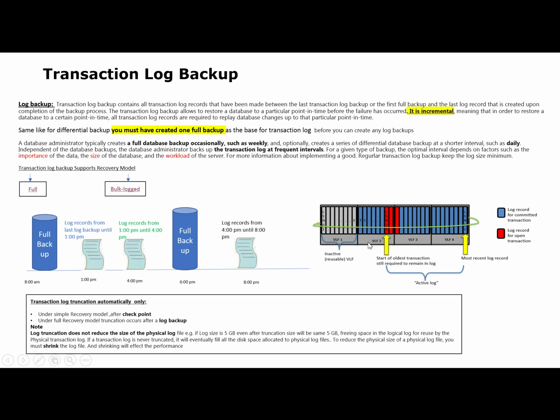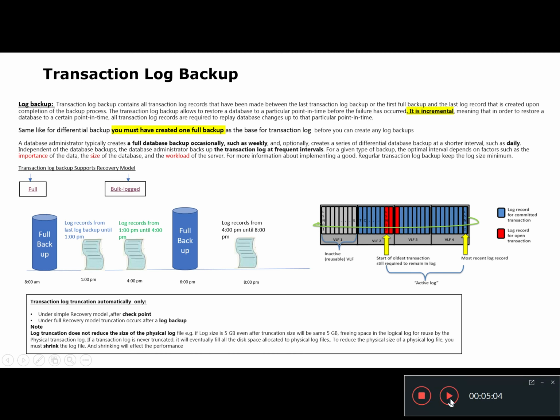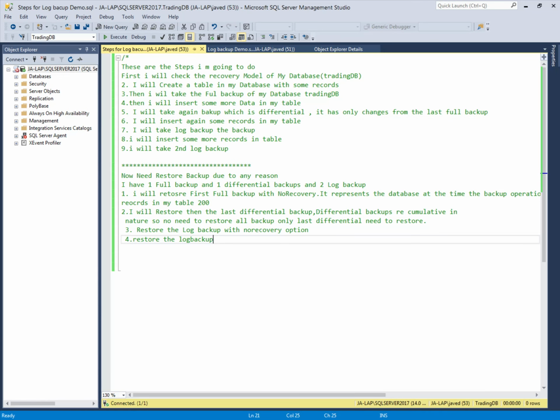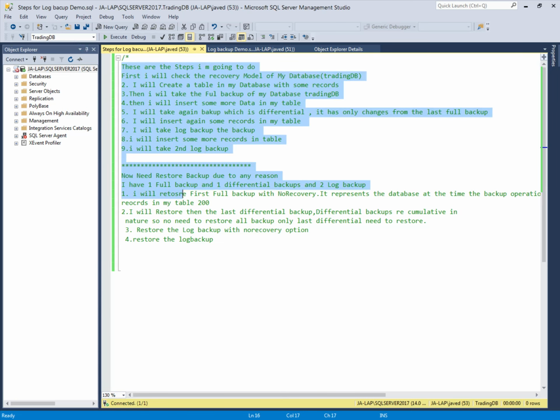Now we will go to the demo in the SQL Server Management Studio, and we will see there how to take the log backups and then how we can restore these backups. This is the SQL Server Management Studio, and here we will see the demo for the log backups, and we will follow these steps to take the log backup and then to restore them. First, we will check the recovery model of the database. Our example database is TradingDB,